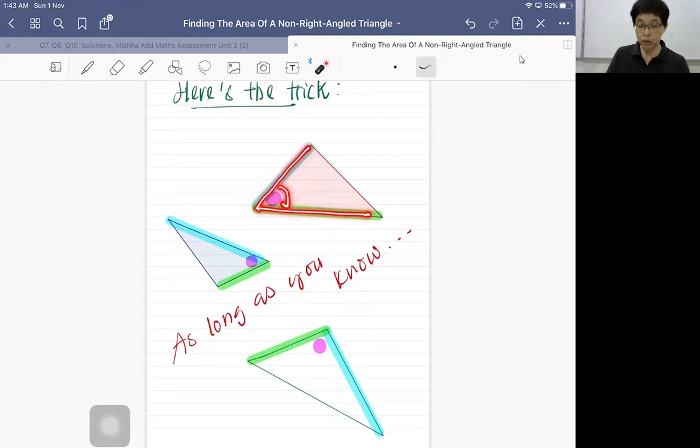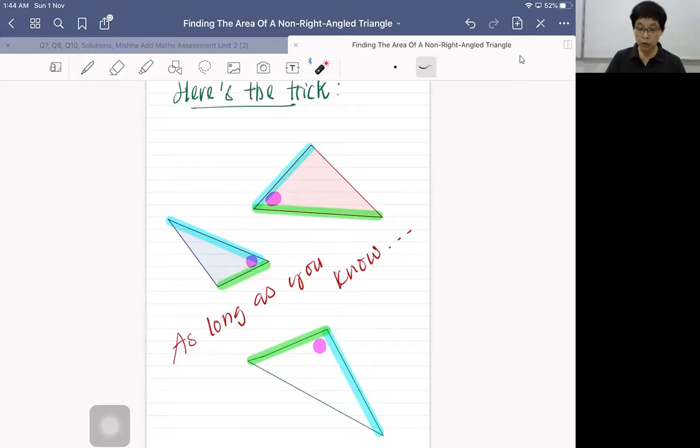As long as you know this property, you will have enough information to execute the formula and easily find the triangle area. See, even in this orientation, as long as you know this, and you're given this angle,